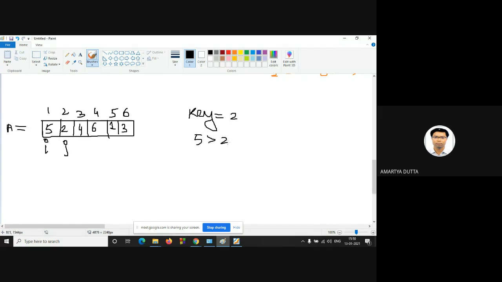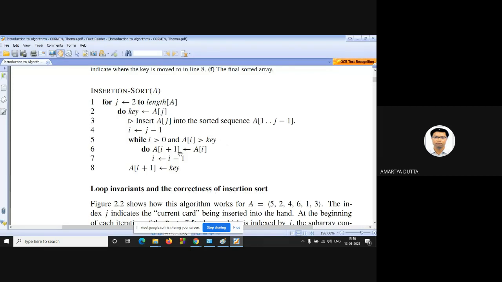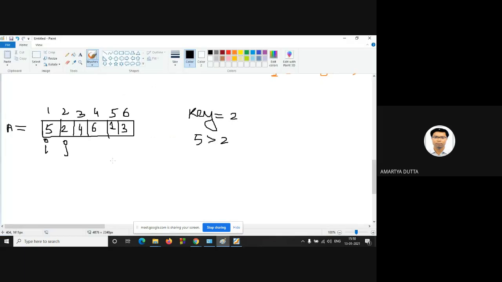At the same time, i is greater than 0, because i runs from 1. So A[i] is copied into A[i+1], and next we decrement i. According to line number 6, A[i] is copied into A[i+1]. So what should I do? Anyone? Any idea?